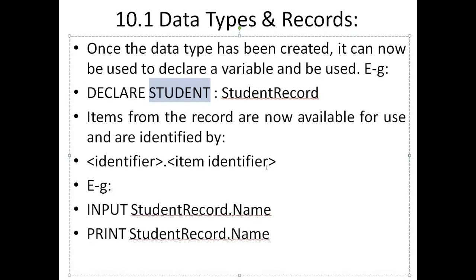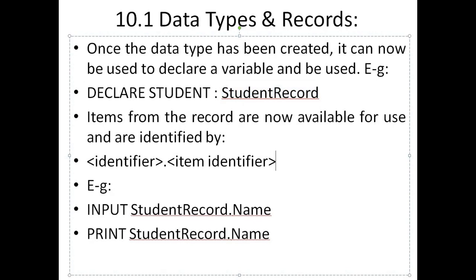You can also do that with an array. You can create an array of this data type. Now each cell or each block in the array would be able to store multiple values, because you have given it a user defined data type or a record data type.